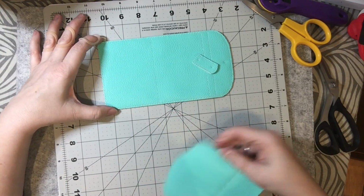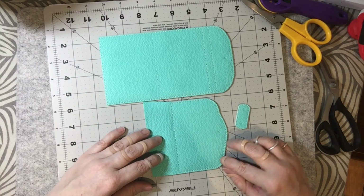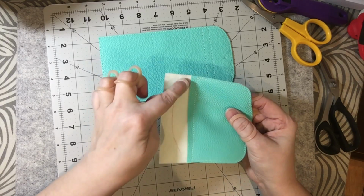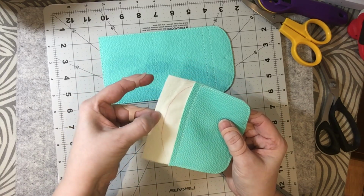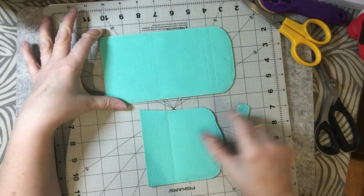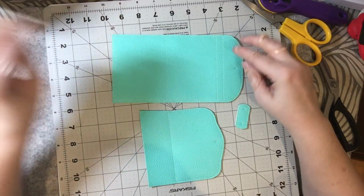All right, so we have these pieces cut out now, and this is what they are supposed to look like when done. And with this one, you have to make sure that you leave this material, because this amount plus its seam is going to need to be attached on this next hooping. All right, so we are going to set these aside for now, and we are going to get started on